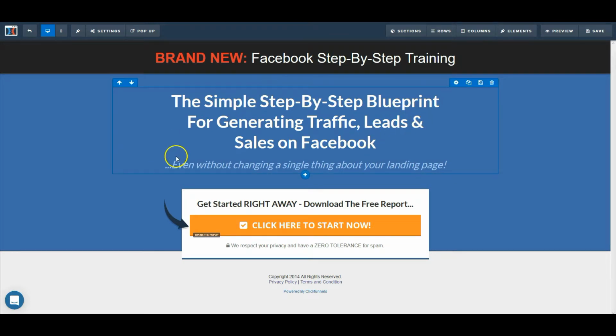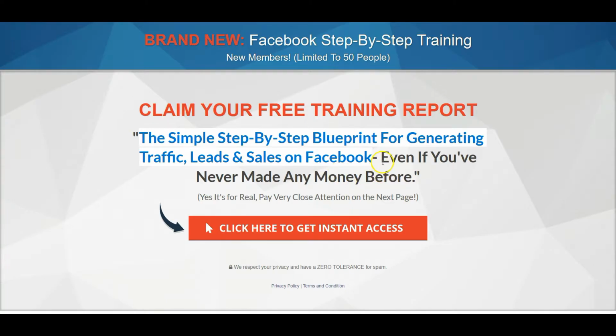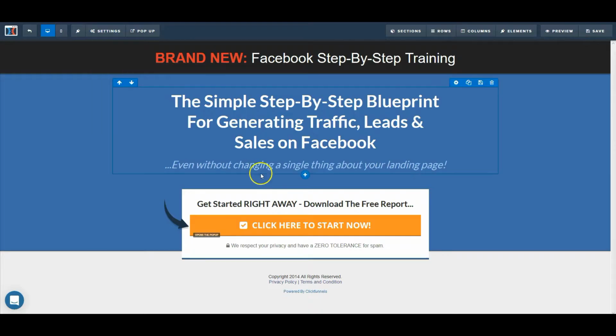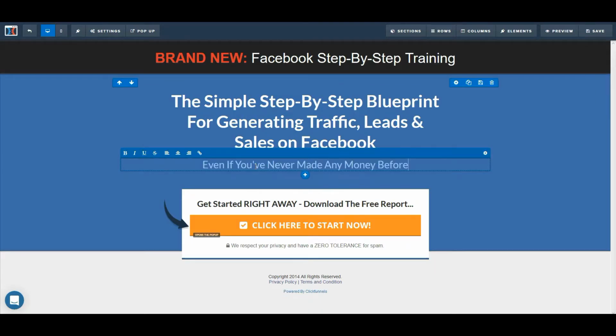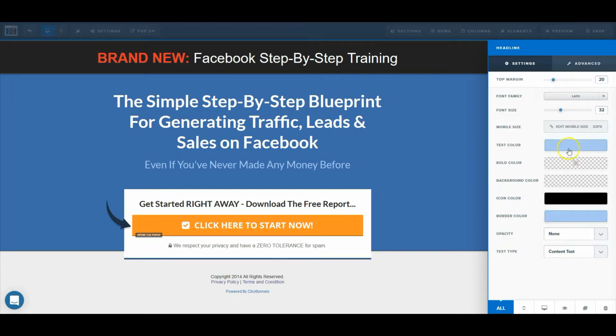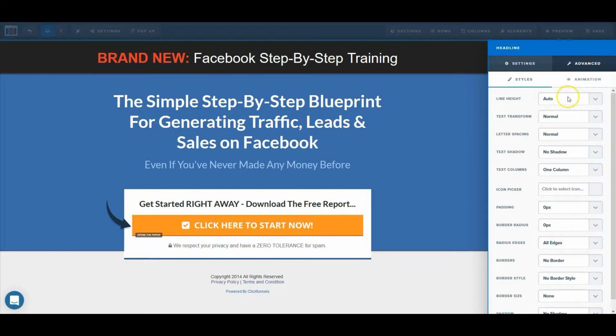and it's good there. Now on this bottom bit here, I'm just going to put, even if you've never made any money before, just going to double click, and again it's all the same. If you click on the cog, you can then change all of the text colors, and you can even go to advanced and start changing the height of the text, and again I'll cover that in another video,